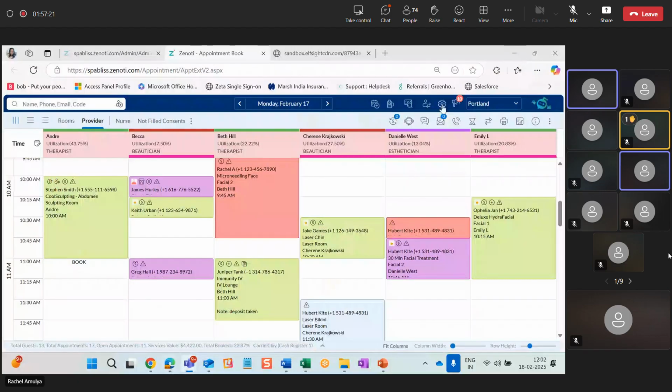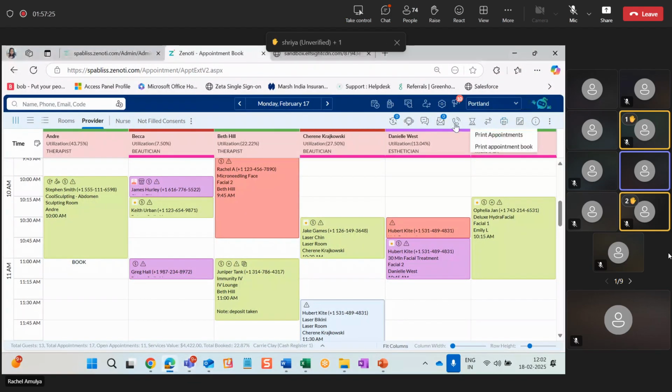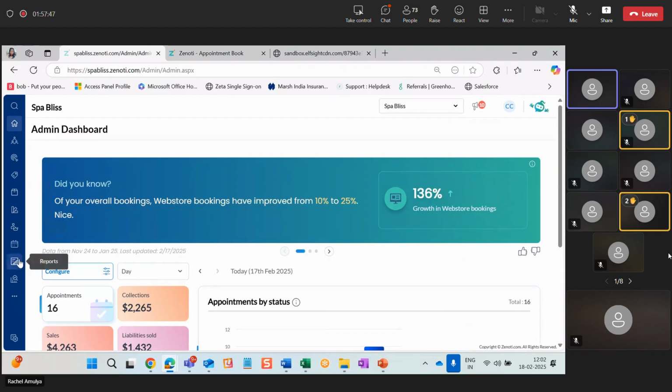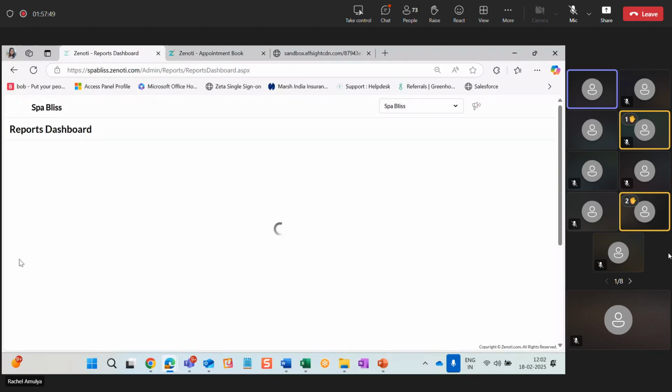And if you want to take reports for a month, from here you can take it only for one day. For a month, if you click on reports, you have reports. You can ask your manager to send those reports. You see, employee KPI report, employee sales report. You can have this for a month. But because you do not have access,